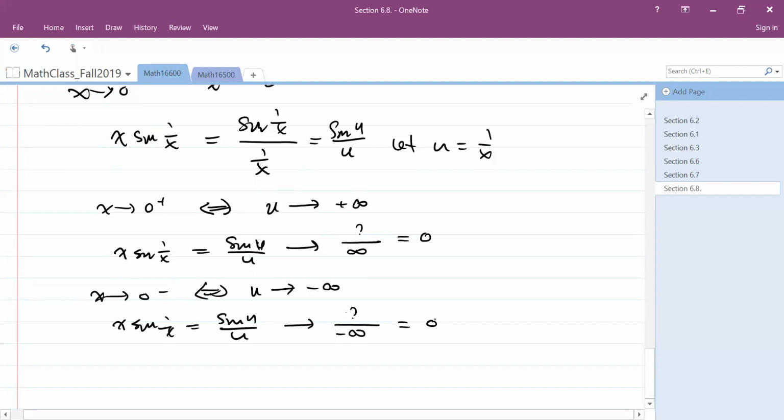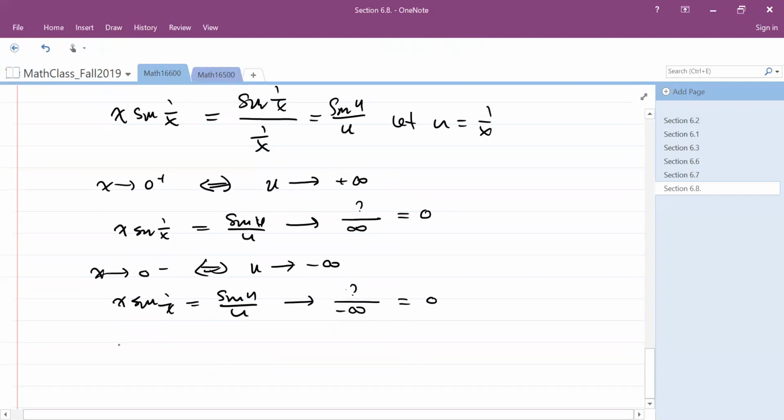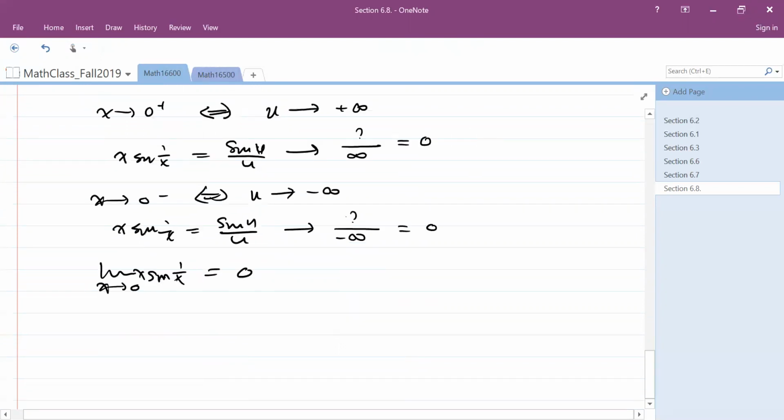You don't have the exact value; sine u does not approach any number, but it's bounded, and the denominator is getting larger and larger, so the quotient is getting smaller and smaller. So the conclusion is 0. Now if I change the problem to x approaching infinity,